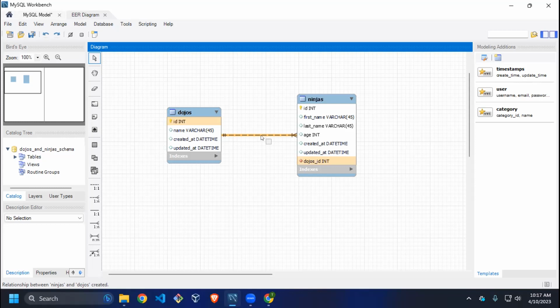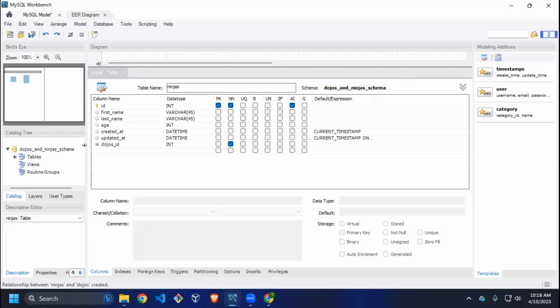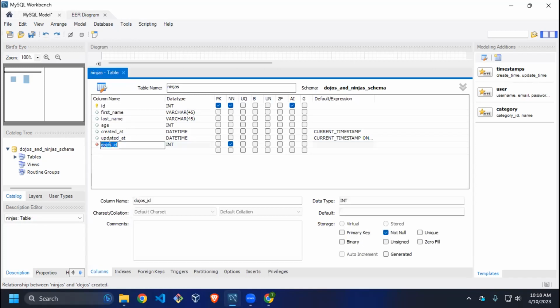So if a ninja belongs to a dojo, say Burbank is our first dojo, dojo 1, each ninja that belongs to that dojo will have the foreign key of 1 to signify their belonging to that dojo. And are the foreign keys automatically generated? Yes. Foreign keys are automatically generated, but the convention we follow, and by we I mean Coding Dojo, is we don't pluralize our foreign key. So come into the foreign key, take the S off of dojo,